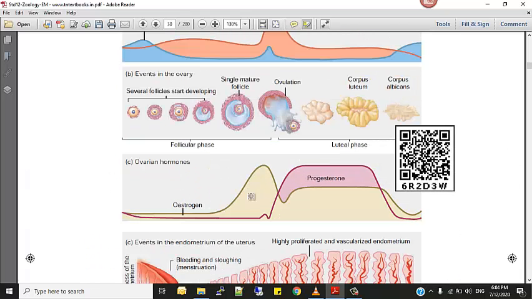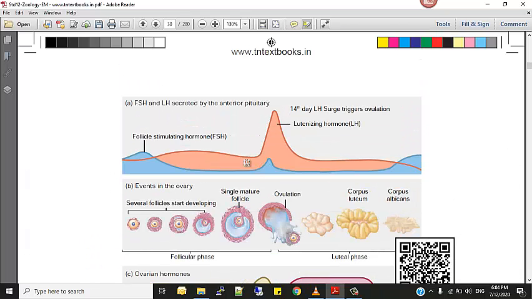We have seen in the video also, follicular phase, luteal phase, what will happen? In the follicular phase, the Graafian follicle matures and ovulation takes place on the 14th day. So on the 14th day, LH surge triggers ovulation. Luteinizing hormone is high and it triggers the ovulation process. During ovulation, the ova is released and it reaches